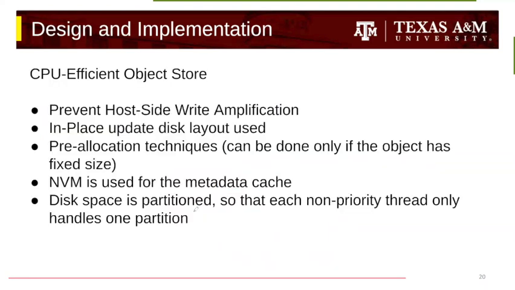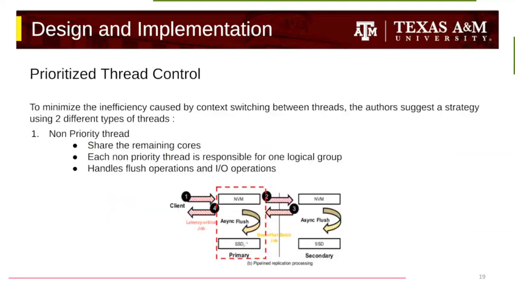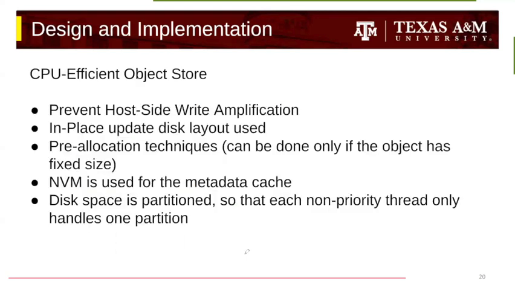And then we have the CPU efficient object store. In this section, we didn't talk about the object store until now. Object store would be what happens inside the SSD, right? Or right on top of the SSD. But how do you store the information in SSD and things like that? In the CPU efficient object store that the authors are suggesting, their main concern is to try and prevent host